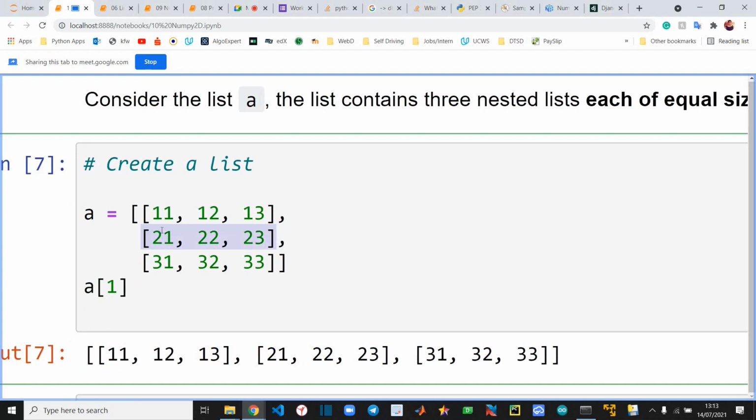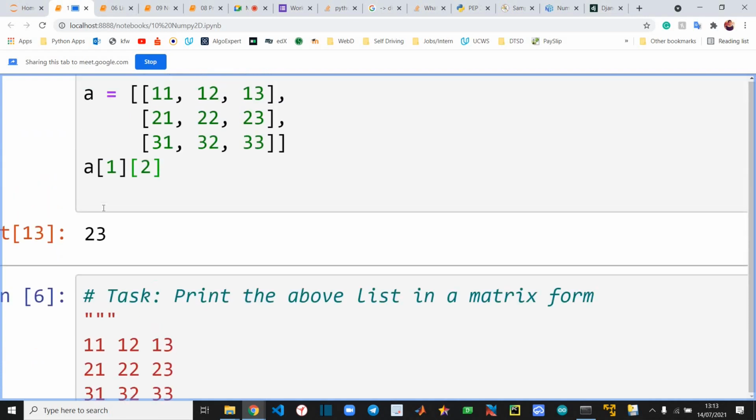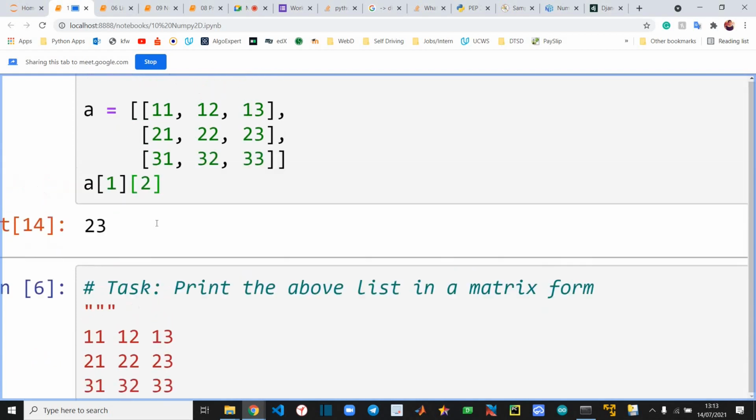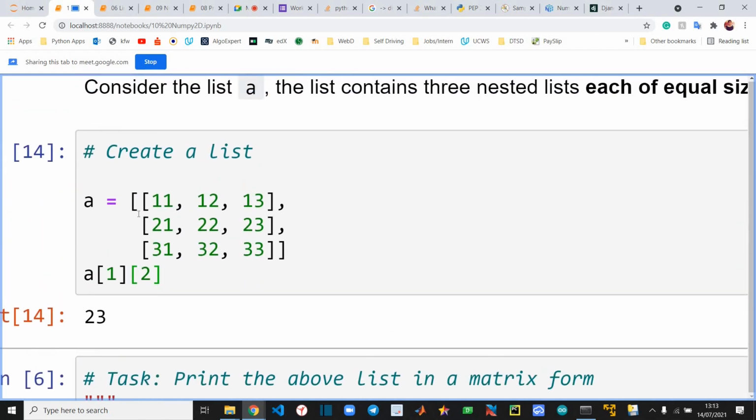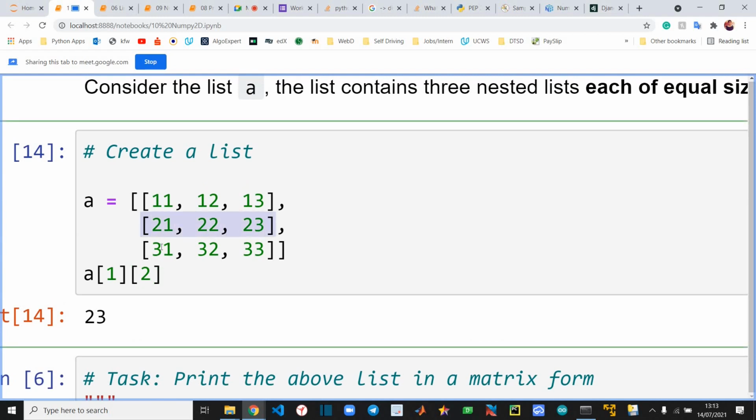Now I will see, in this particular list, the list inside a list, what number of element it is. It is not the first element, it is not the second element. This is the third element, but we have 0 indexing, so it will be at 2. So this is how you access 23 in this case. You first go to this particular element, and then in this element you go to the particular element of this sublist. Okay, so this is how you do it.